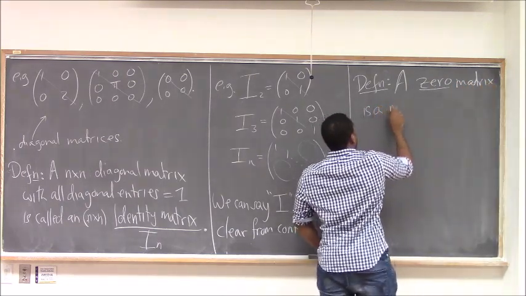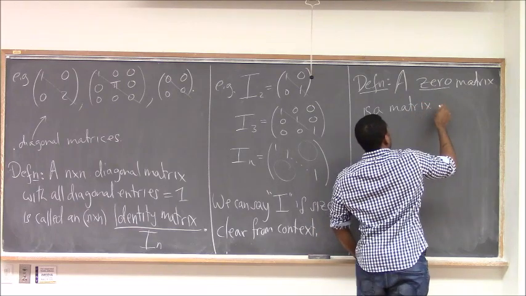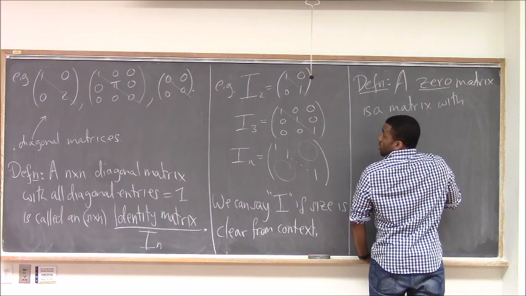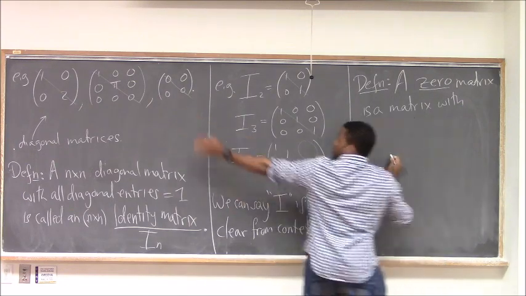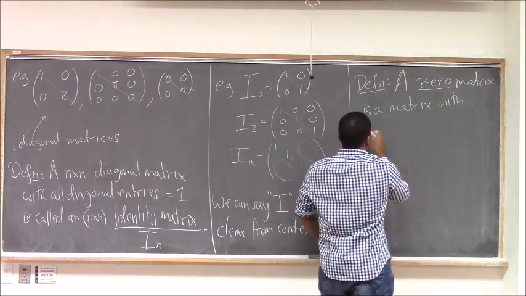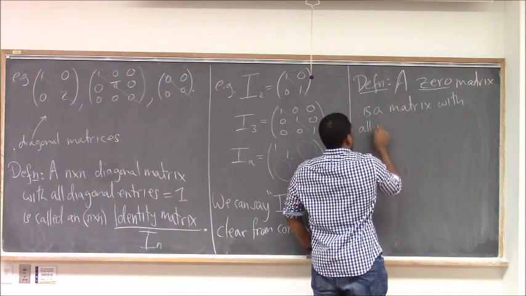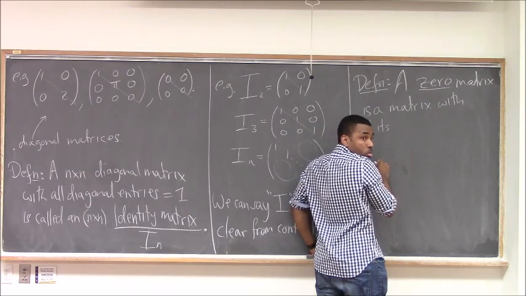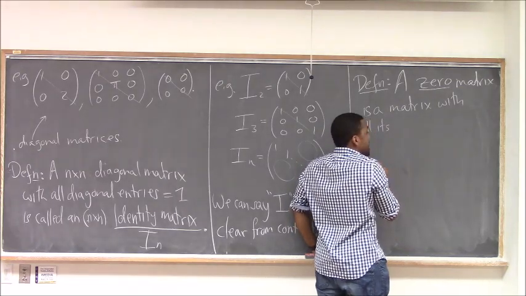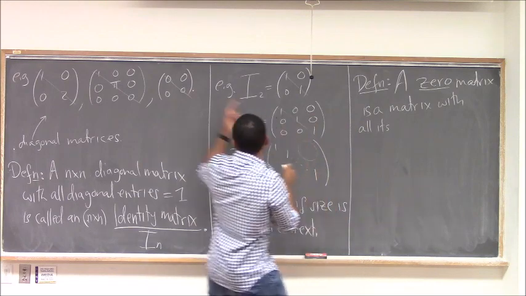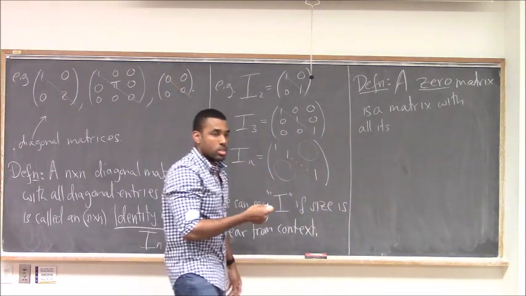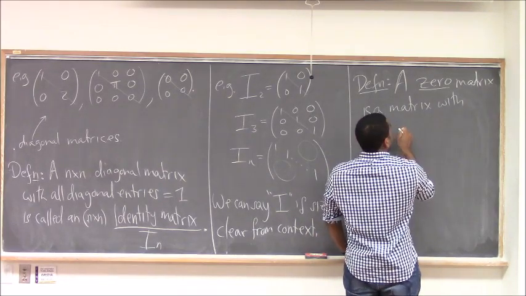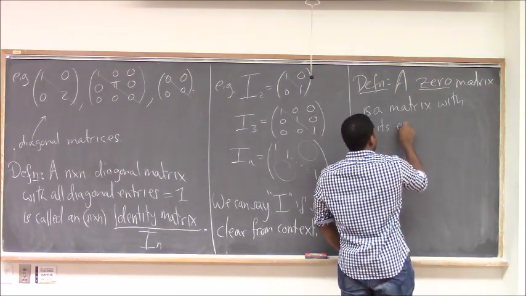Professor, so the second one and the third one is not a diagonal matrices, right? It is. The second one and the third one? What are we talking about? This one? Yes, they are. But they have a 0. No, they don't all have to be zeros. Oh, okay. I said if it has non-zero entries, then it must be on the diagonal. I never said it has to have a non-zero entry. A zero matrix is a matrix with all its entries